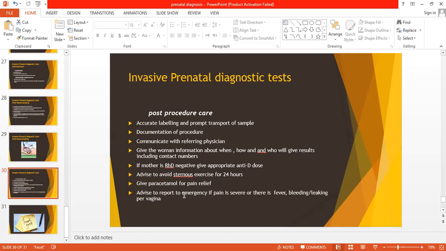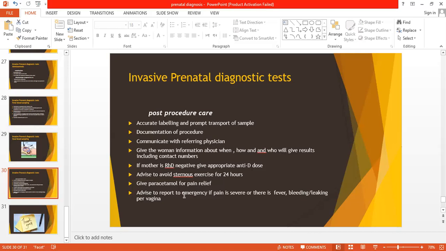If mother is RhD negative, then you give her appropriate anti-D dose, because it is a sensitizing event, ठीक है, जिसमें fetomaternal hemorrhage का खतरा हो सकता है. So you have to give the mother an anti-D dose. Below 20 weeks single 500 international units देते हैं. Above 20 weeks recommendation है कि पहले आप 3 और टेस्ट से मालूम कर लें the amount of fetomaternal hemorrhage, और उसके मुताबिक फिर आप डोज दें, ठीक है.